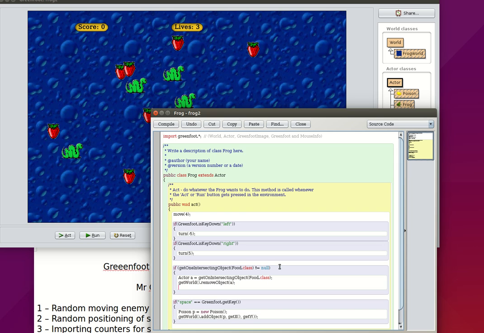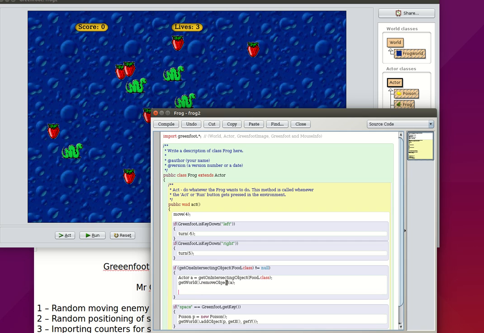Now we are going to interact with a counter. So in a similar fashion to what we've done here, we need to create an object of the type that we want to use one of its methods. So for our counter, obviously the type of object is counter. This time I'm just going to call it score. And I'm going to use the getWorld method,